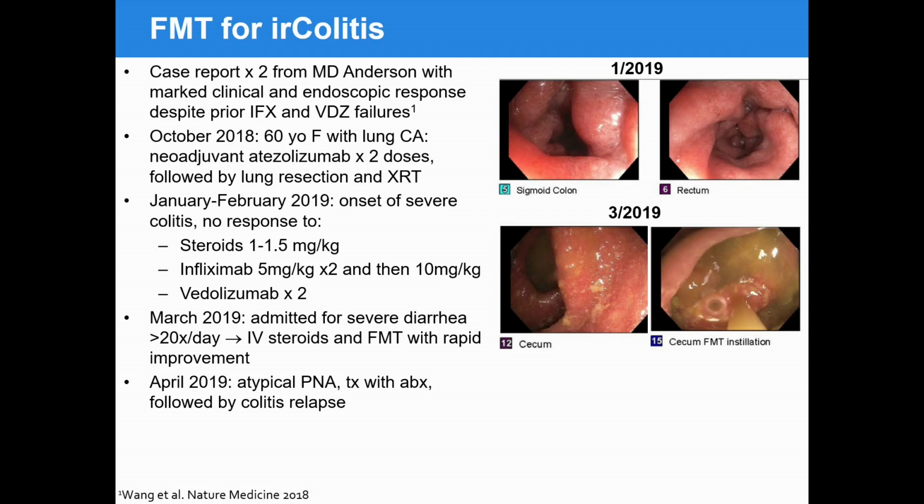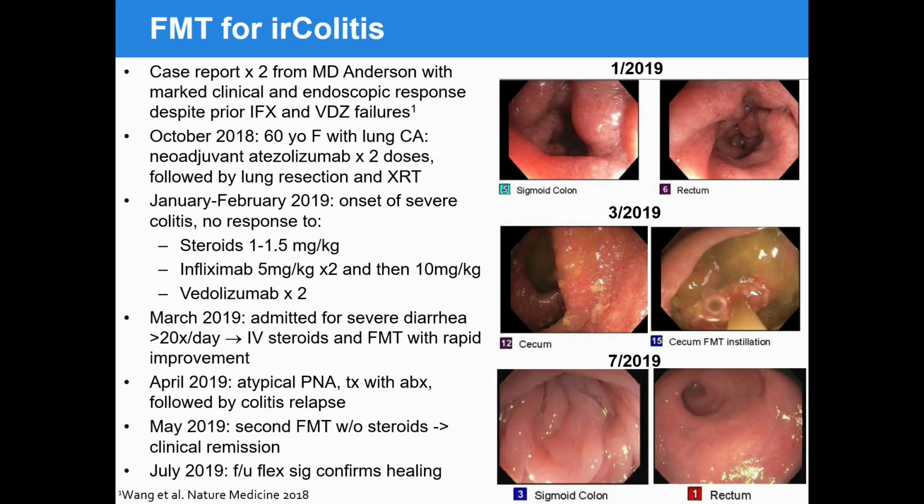Again, telling us something is going on with her microbiome that is of great importance, but this was a little disheartening. But at this point, I decided I didn't want to immunosuppress her any further, but let's try another fecal transplant by itself to see if this has any sort of sole validity without other drugs on board. So we did a second FMT. Within a week or 2, she went into a complete clinical remission. A follow-up sigmoidoscopy a couple months later showed complete healing of her colon.